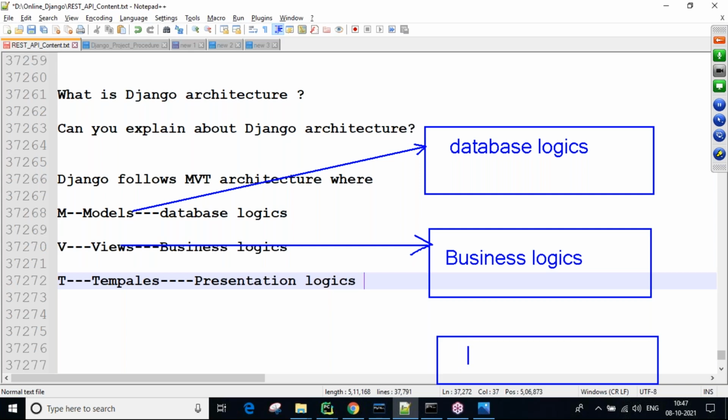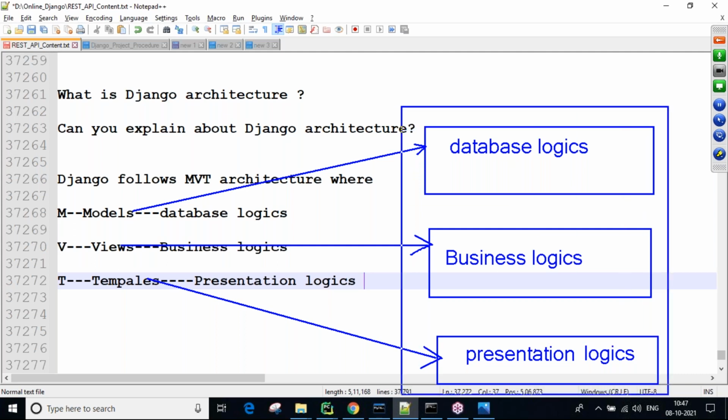And our application related presentation, guys, is nothing but things like a registration page and a login page. After registration, where we want to go, and so on. Taking the input from the user and storing it in the database requires presentation logic, guys. To develop this presentation logic code, we are going to use templates, guys. Any application you take, these three layers are important: the database layer, the business layer, and the presentation layer.